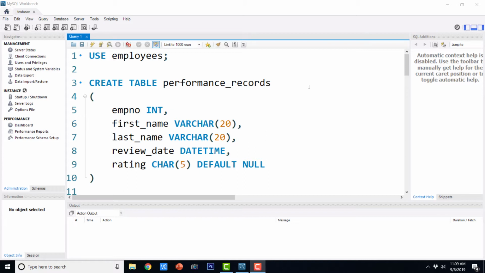The tables are the mechanism through which databases store records. Records are nothing but the rows in the table, and columns in the table are the fields of those records. So you can compare a record with an object, and you can compare a table with a class or a structure.